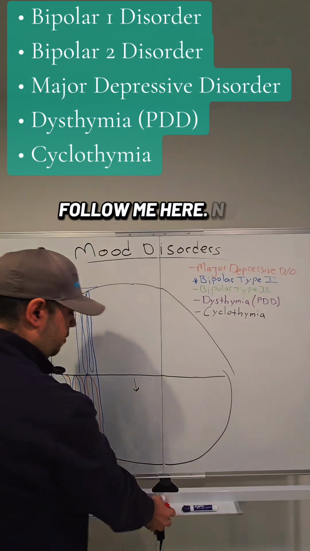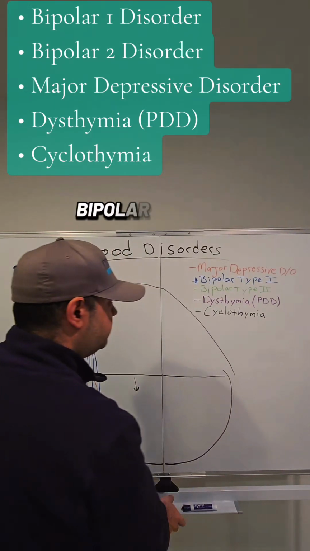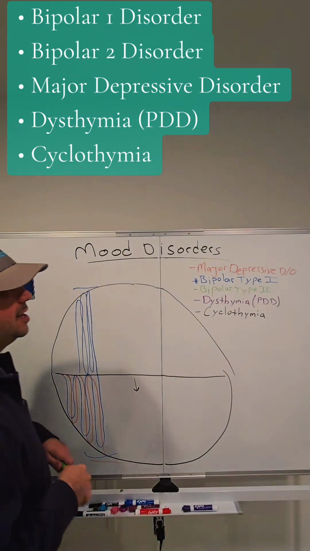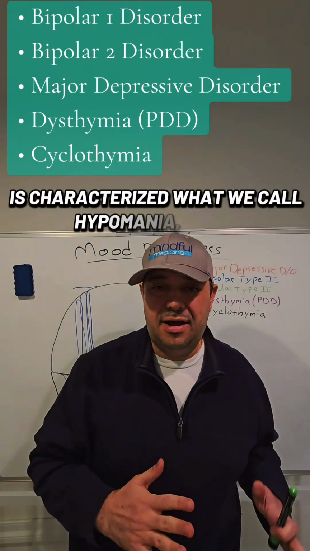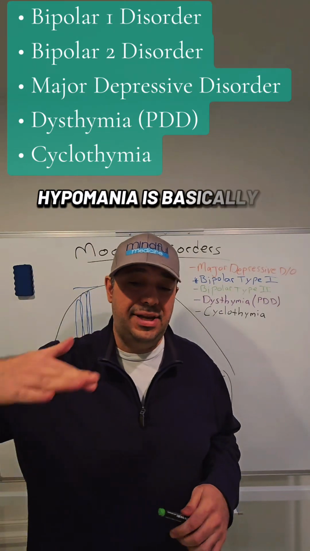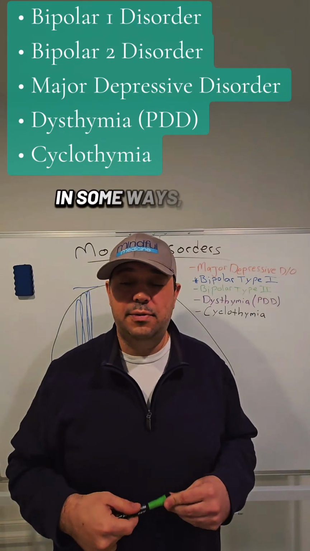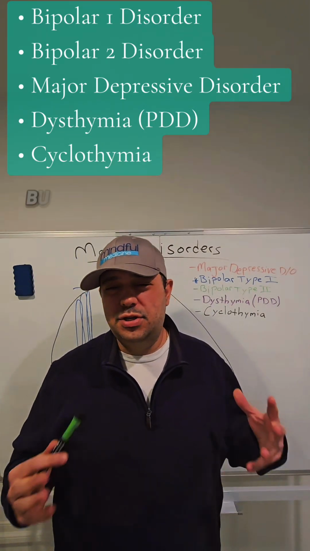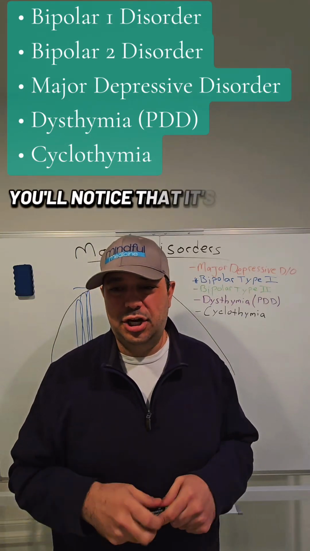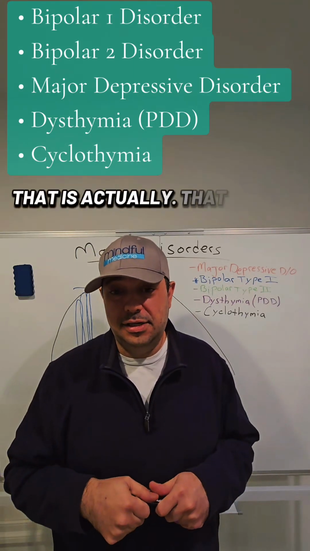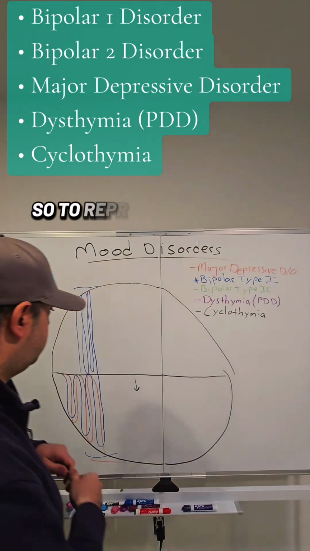Follow me here. Now, bipolar type 2 is characterized by what we call hypomania. Hypomania is basically a lighter version of mania, and these are folks that can, in some ways, be very productive and can harness it, but to people very close to them, you'll notice that it's a change from baseline that is not a good thing. So, to represent that here,